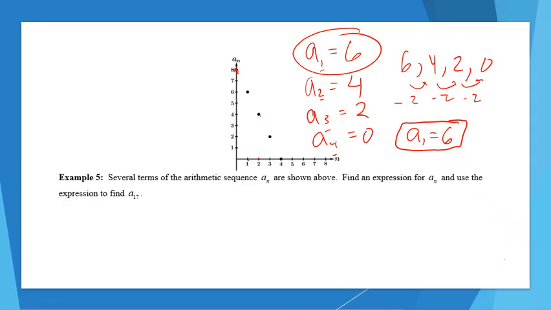And you can also find your common difference as well. Our common difference is -2. And now we're solving a problem like the very first walkthrough example that we had. So doing this to find a general expression for a of n,